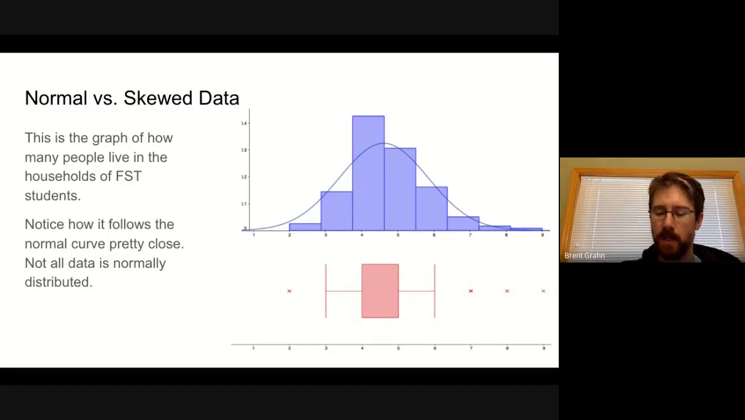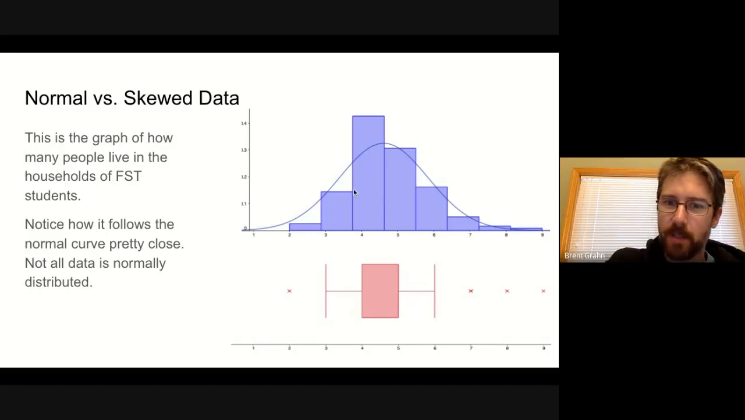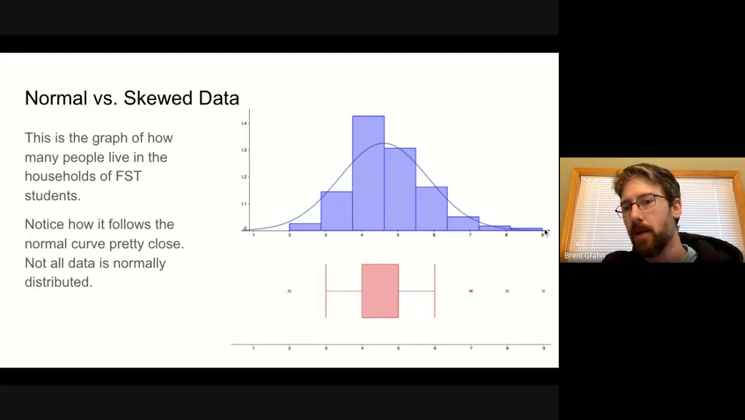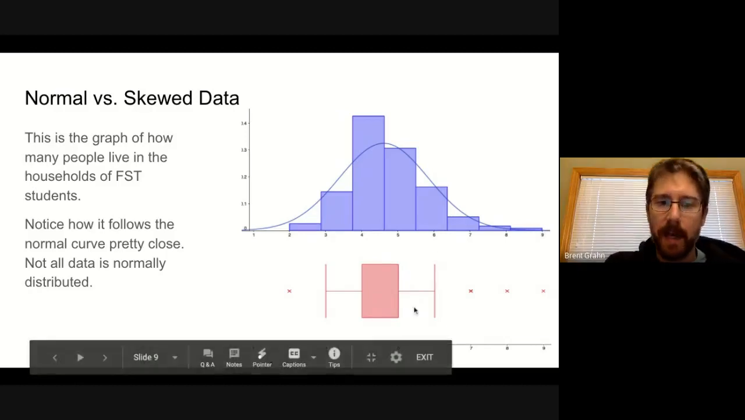I'd expect there to be a lot of students who are in this 4 to 5 family range. And then it would start to drop off as you got smaller and smaller, and it would start to drop off as you got larger and larger. And if we look at the